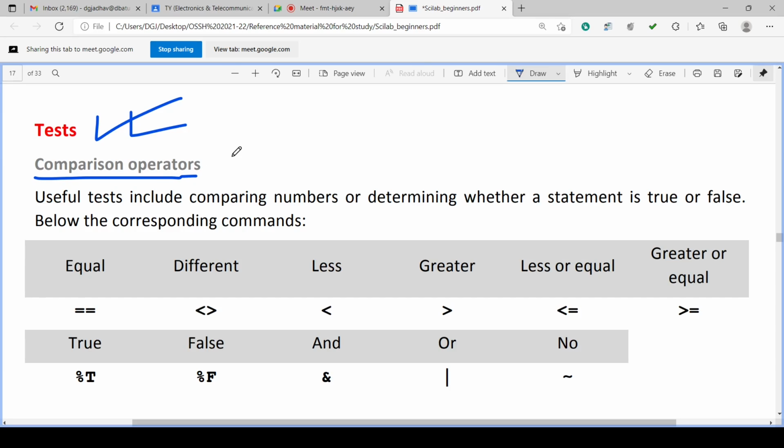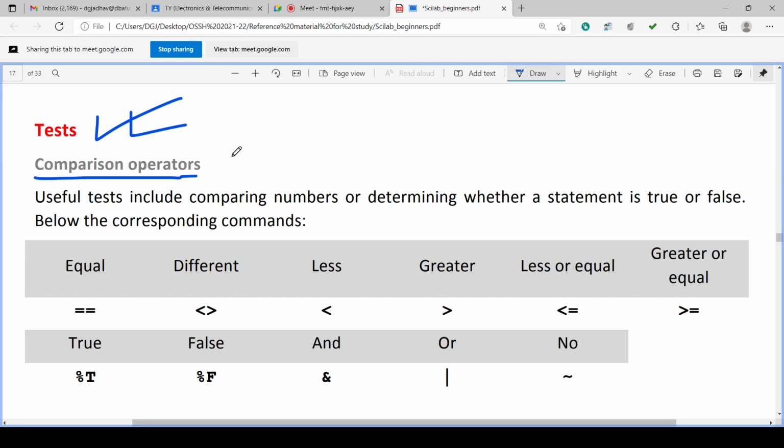The useful tests include comparing numbers or determining whether a statement is true or false. We can compare the numbers or determine the statement true or false. Suppose y is equal to 2, then we will write y equal to 4 by 2.